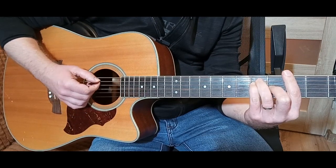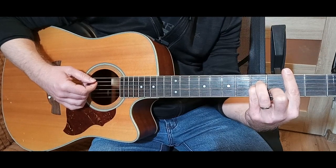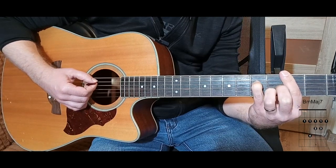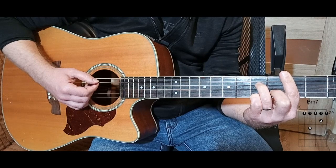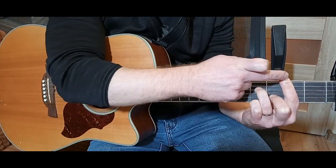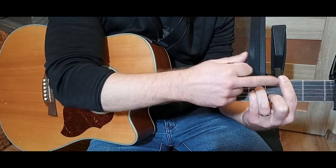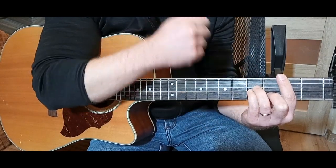Then we have a very interesting set of chords, which in my opinion sounds really cool. We have B minor, B minor major 7, to a B minor 7. So as you can see, if you are experiencing difficulties with memorizing all these chords, just try to remember shapes, how you